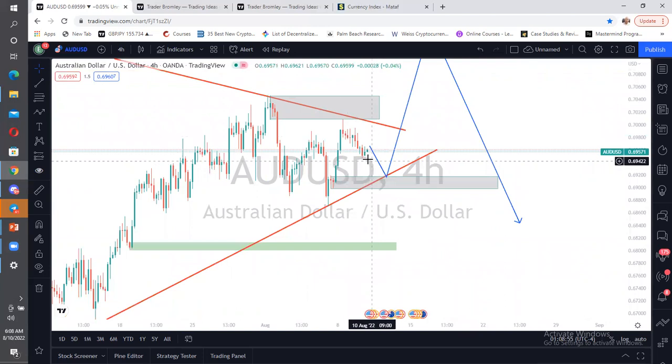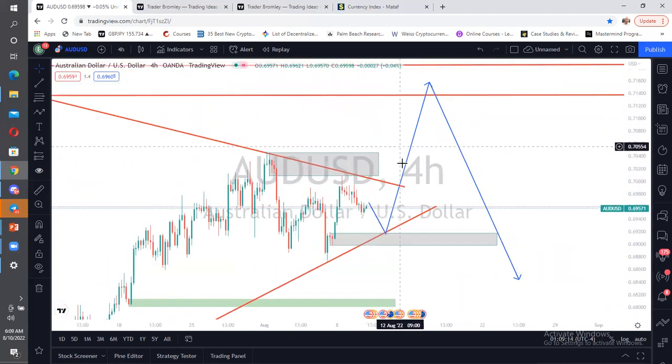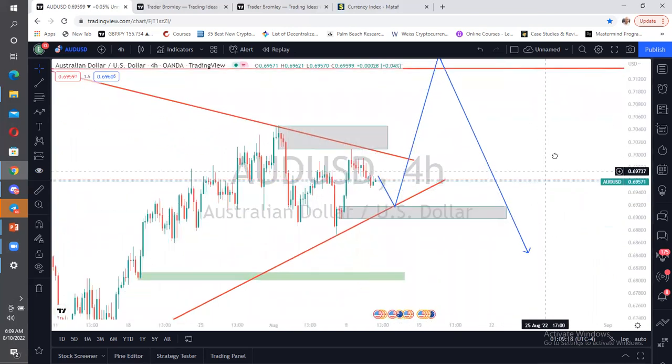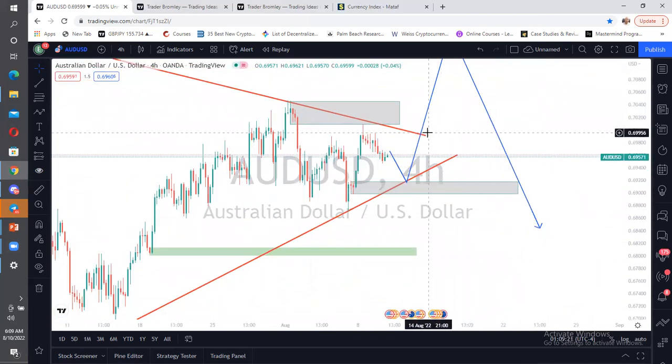I want to see them come down here because they've already hit this block. I want to see them come back, trade into this level here, into this level here. And once they've traded into this level, then I would like to see them go to the upside and possibly either manipulate along this particular trend line, then go up, take away this trend line liquidity, then to the upside. Then from here, I'll be expecting a push to the downside. That is what I'll be expecting from this particular pair.